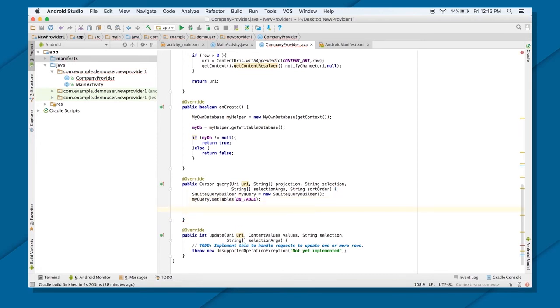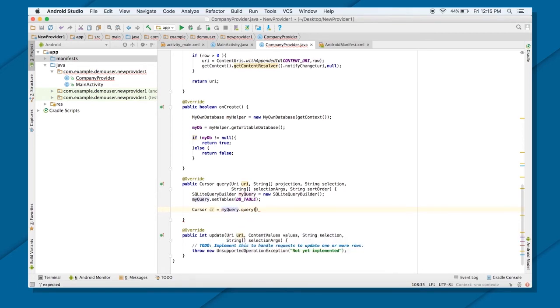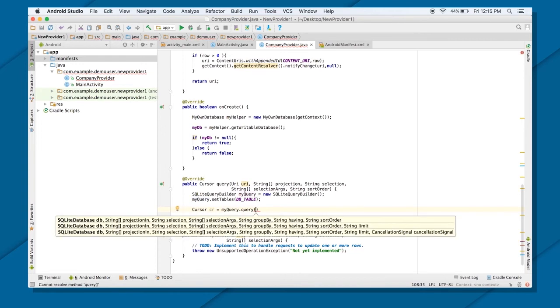Next, what we want is to get the data. Of course, I will get the data in a cursor object, and I want to build my query. So inside this query, put the SQLite database object, which right now here is my DB.